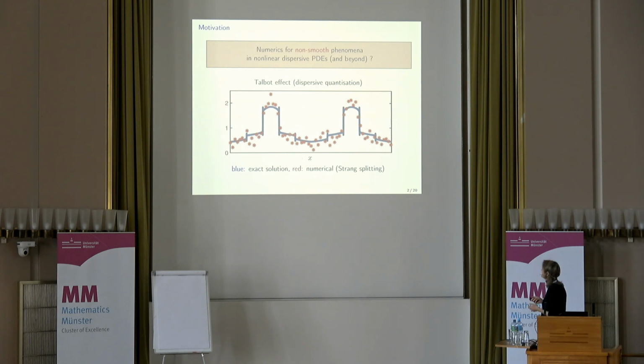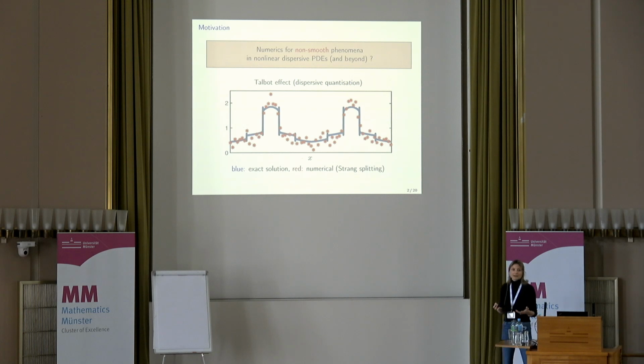And here we see quite drastically how classical methods fail. So in blue, we see the exact solution. So we see the solution of the Schrödinger equation at some time point where you have this quantization. And in red, we see the numerical simulation with a Strang splitting method. So if you never heard of Strang splitting method, don't worry, I will explain it in a moment what it is. But it is one of the most famous methods to solve Schrödinger equations numerically. And what we see is that this Strang splitting method completely fails to reproduce this pattern in the exact solution. Okay, it does not reproduce at all the structure of the solution,